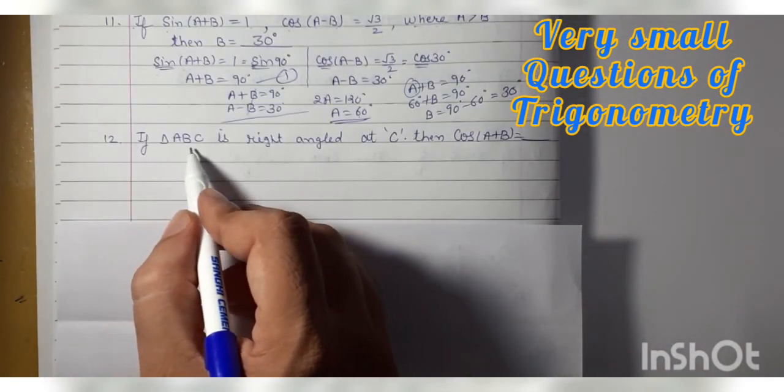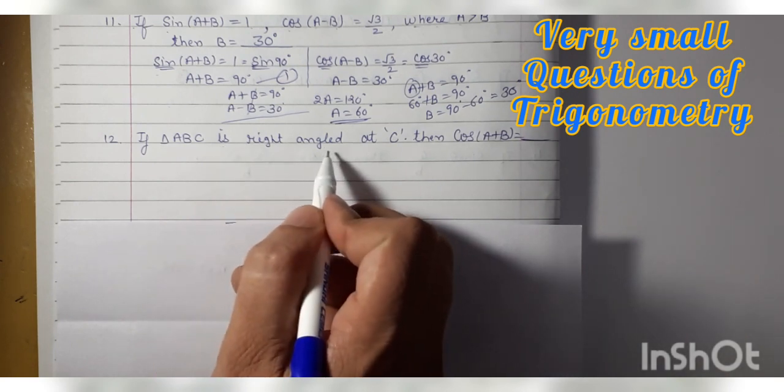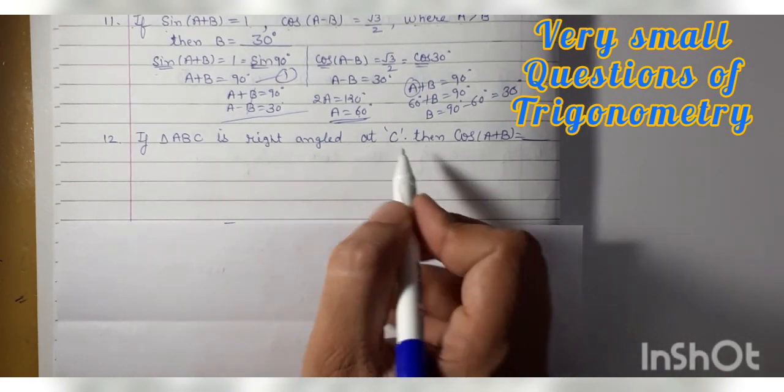Or if triangle ABC is right angled at C, then you have to find cos